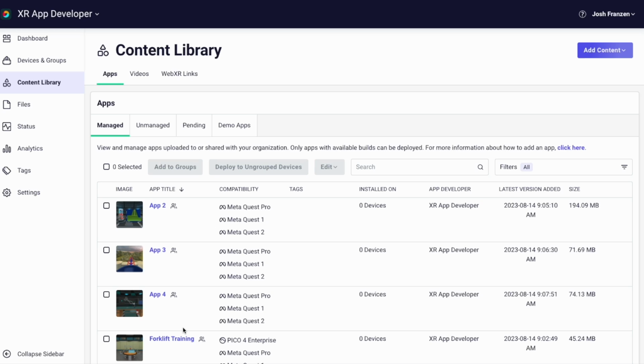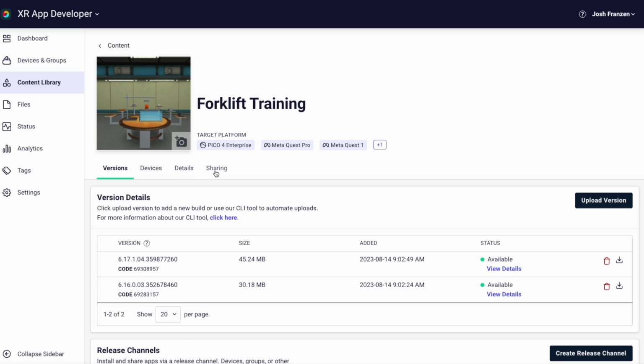Next, I'm going to demo Arbor XR's app sharing functionality. For content developers whose enterprise or education clients have their own Arbor XR organization, app sharing enables them to upload an app once to their organization's content library and then share it with their customers' organizations in just a few clicks. For example, if a content developer needs to share the forklift training app with you, their enterprise customer, they